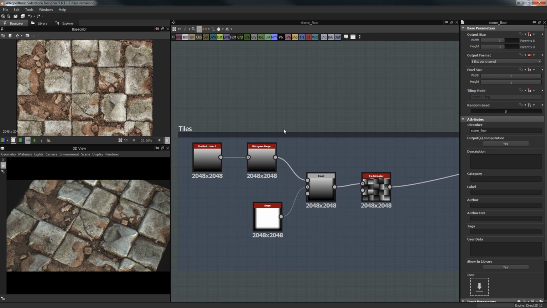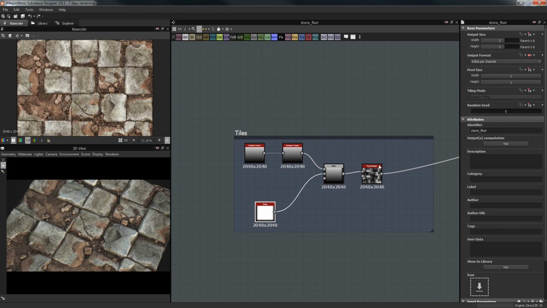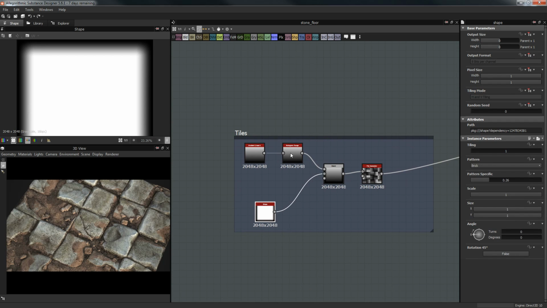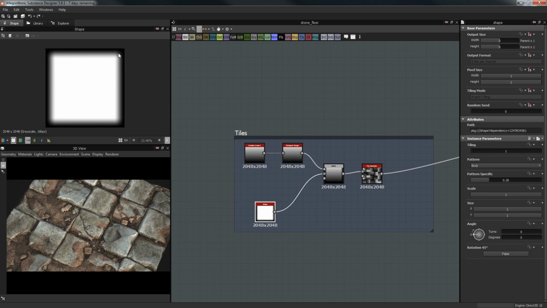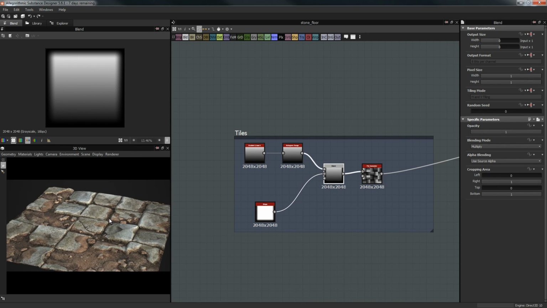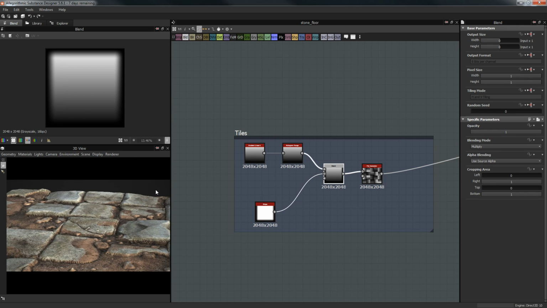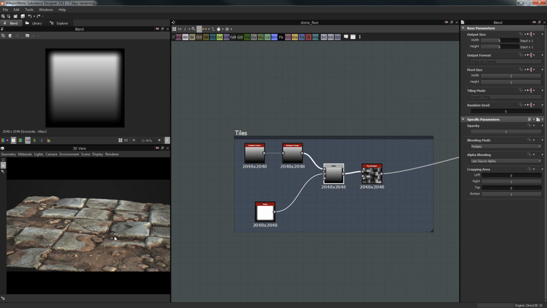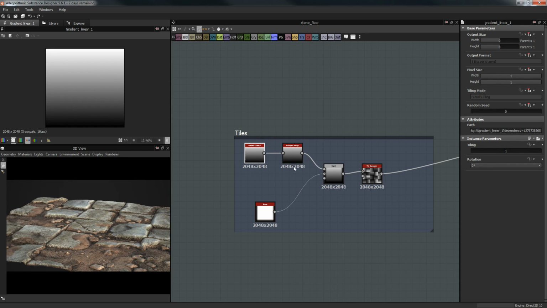Okay, this is what we're going to work with, and of course let's go to the beginning. What we're going to start with, we have a tile generator. We want to use a shape brick. Okay, just a brick. We smooth out the edges, and we want to make our bricks go up and down so they do not have the same elevation. So we're going to take a gradient linear,